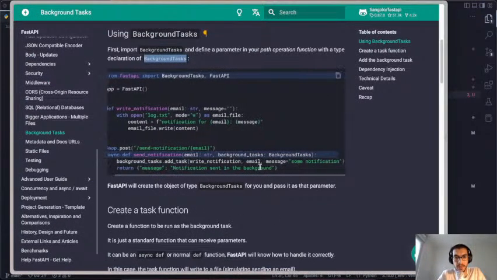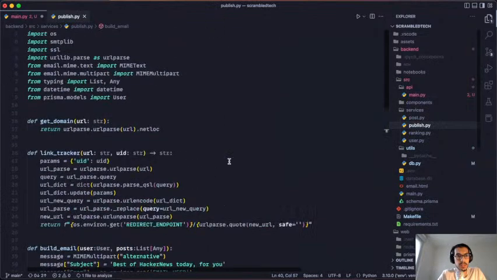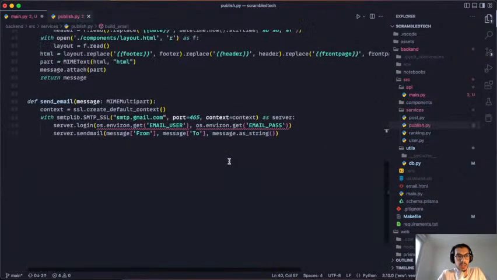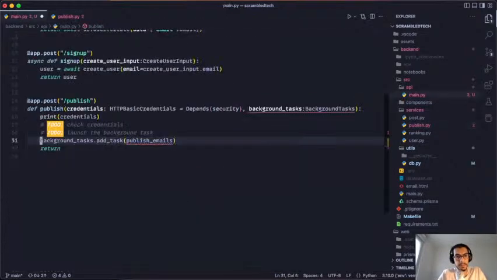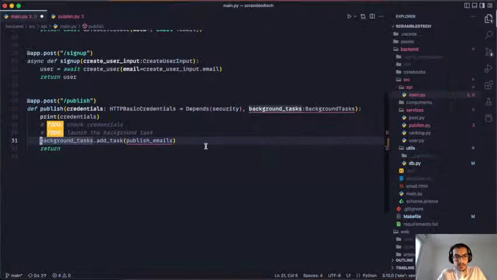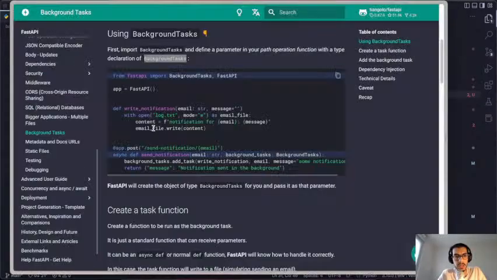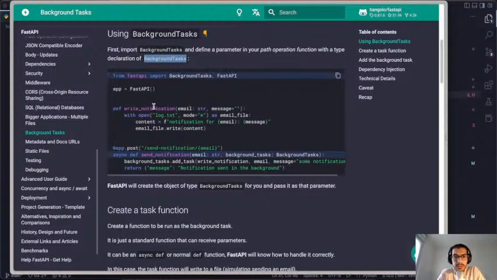And then I can pass in a few things, but I don't want to do that. I should have a publishing service where everything happens. This is where I should be launching the whole pipeline. Message, some notification. Okay, so write notification takes an email and a message. Alright, with open as email file, and it does this. Okay,